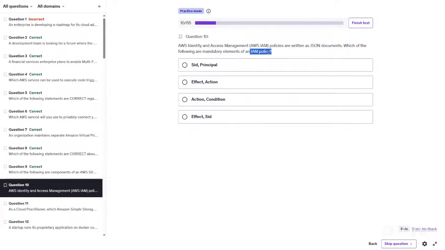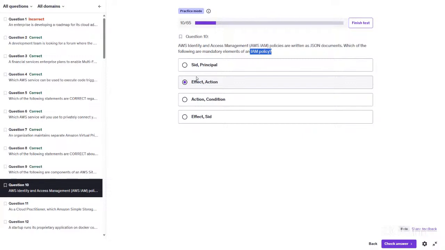If you're dealing with an IAM policy, of course, the IAM is the principal that you're working with. So you actually need to have the effect and the action. For an IAM policy, the priority is what do you want that entity, user or role, to do. So you want it to have an effect. The effect could be allow or deny. And you want to have an action. An action could be maybe S3 put or S3 delete or something like that.